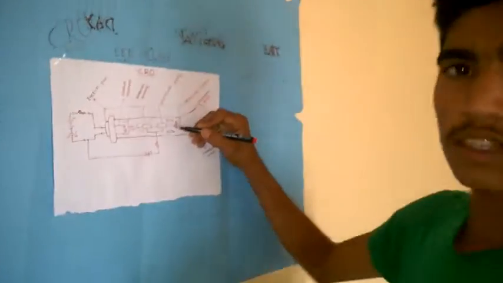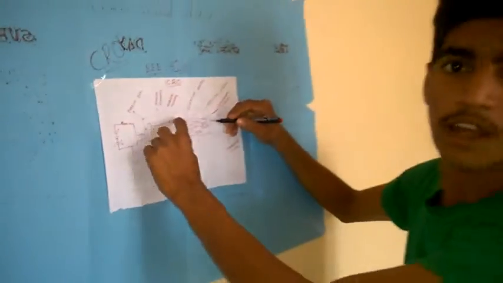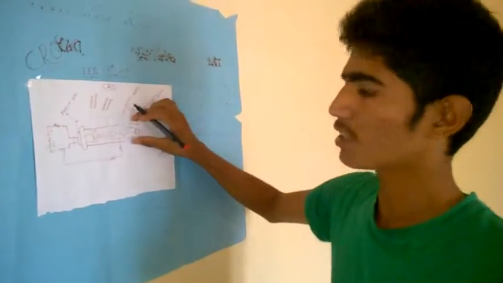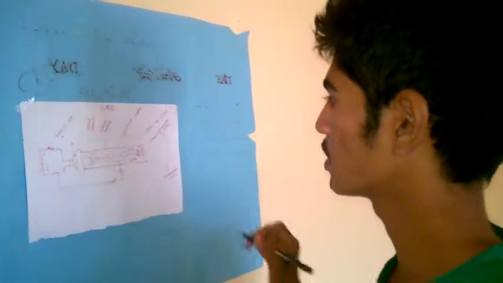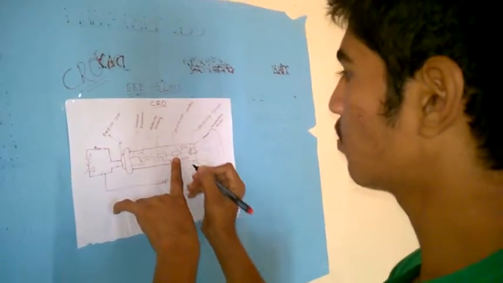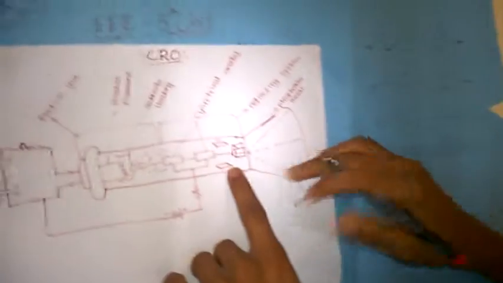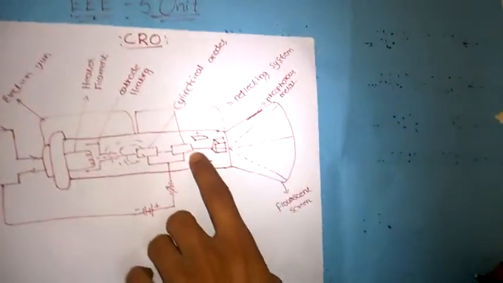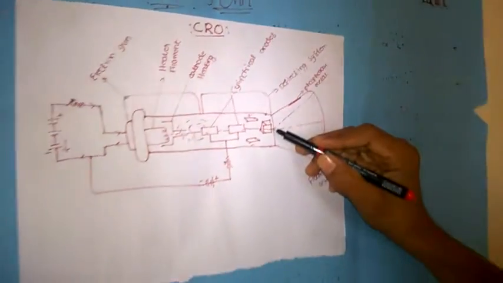See, these are the horizontal plates, and these are the vertical plates which are connected inside the cathode ray tube. And this horizontal plate helps to deflect the electrons towards the extreme left position. This is the positive charge, this is the negative charge. This negative charge helps to repulse the electrons towards the extreme right, and in the same way these vertical plates